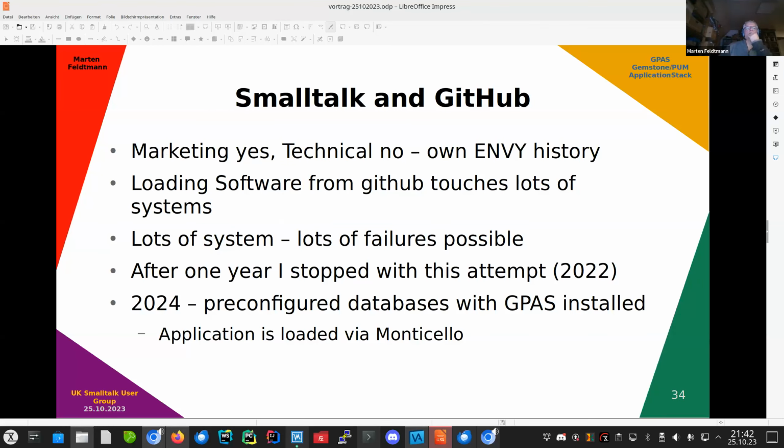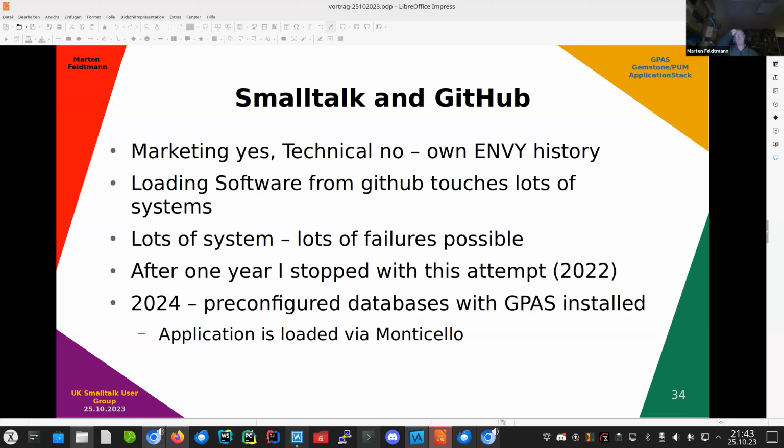So, well, Smalltalk and GitHub. I stopped working on GitHub for Smalltalk. I had to install a product at a customer which has very restricted access to the internet. And I was really surprised, when I initially loaded GemStone with the code from Dale Henrichs, to see how many different computers I touch while loading packages from GitHub. For each of these additional computers, I have to go to the administrator and say, would you please be so kind to give me access to a Smalltalk hub? Would you please be so kind to give me access to squeak.org? And there were other